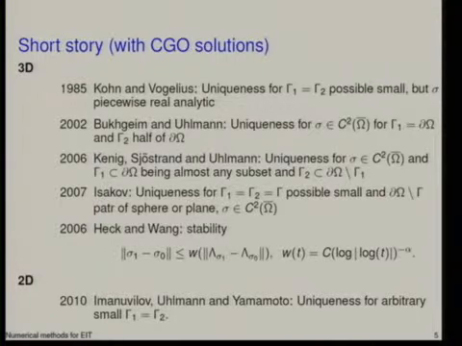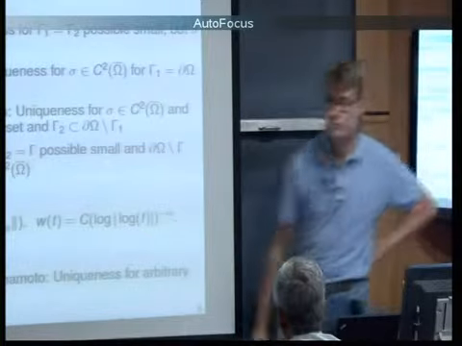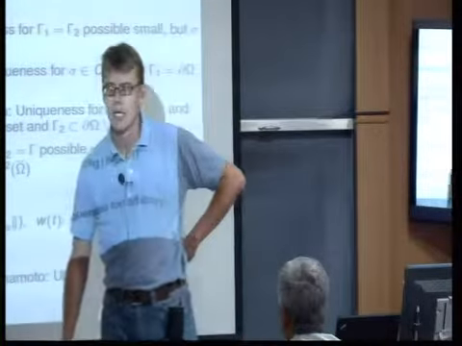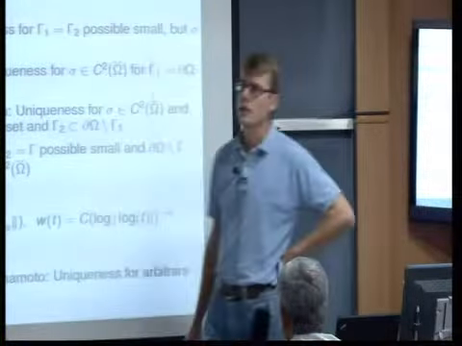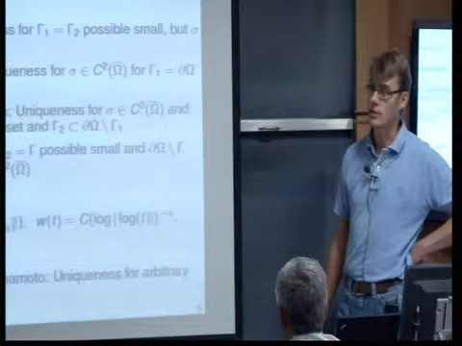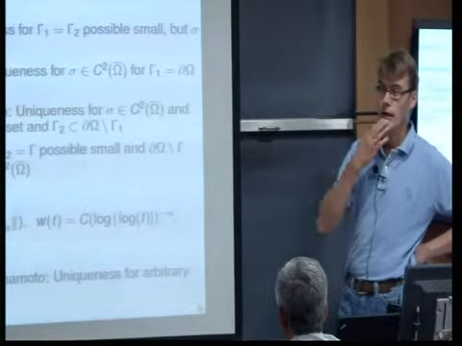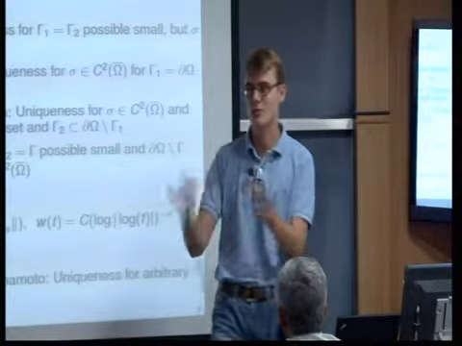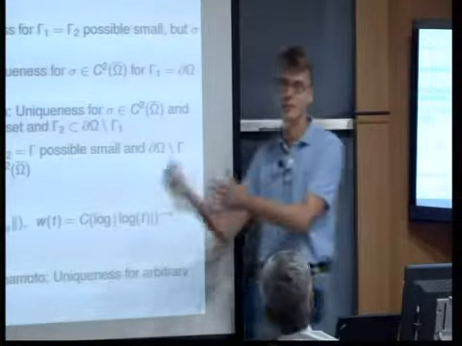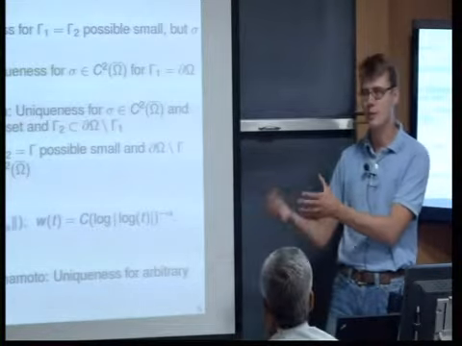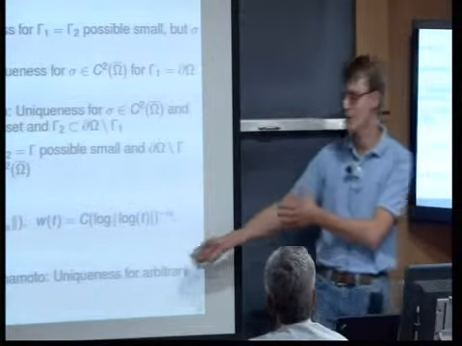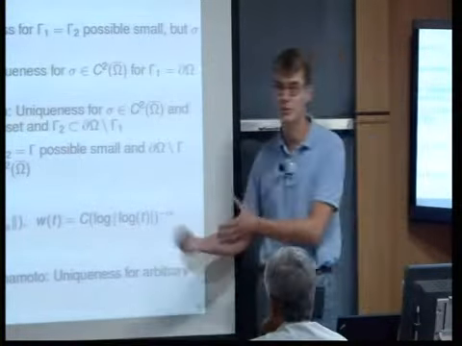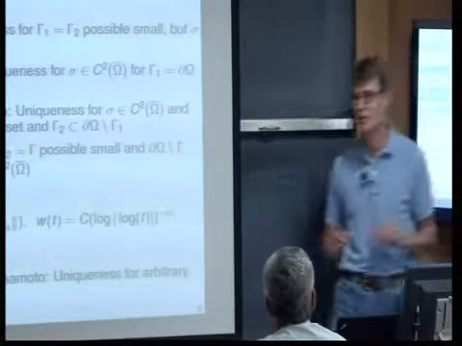So, okay. Yes. What about stability estimates in the 2D case? So is there a stability estimate in 2D? I did not look for it. I'm not aware of it. So that's a good question. Maybe someone else knows about it. I don't know. So the typical situation is that you first have a uniqueness result, and then working hard on this result, following constants and so on, you get the stability estimate. So from that point of view, I would expect that sooner or later, following the approach here, one should come up with a stability estimate. But I have not seen a paper on this. But it doesn't mean that it's not there.